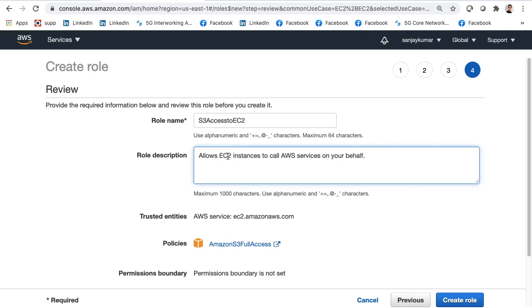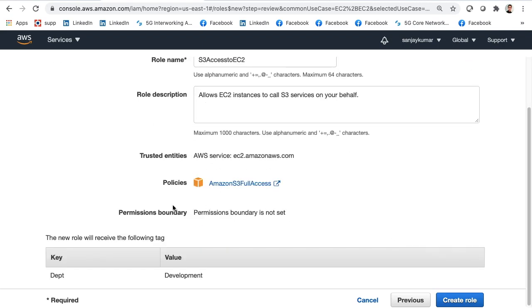This allows an EC2 instance to call the S3 service on your behalf. This is the explanation, and I can go ahead and create this role here. So this role will allow the EC2 service to access the S3 service as and when required. As of now, I can just cancel it.